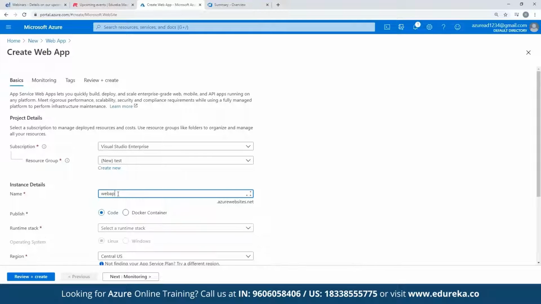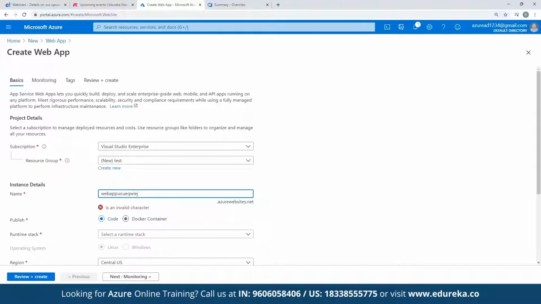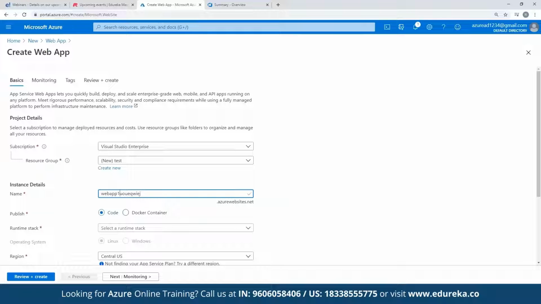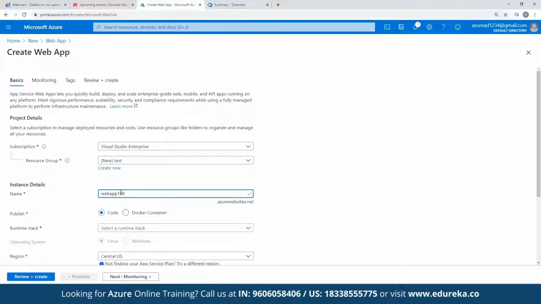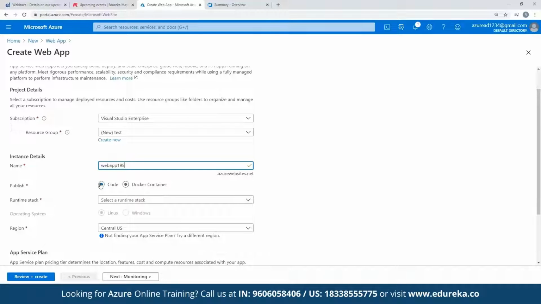Okay, underscore is fine. We have given some random name. That's okay, because we have similar names which have already been taken, and we don't have the space acceptance, but we have web app 1 which is taken, right? Correct. Okay, so let's give it the name, and we have this publish option which can be taken as code